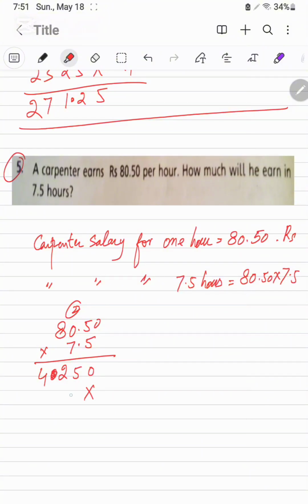Next 7, we are going to multiply. 7 zeros are 7, it will be 0, and 7 fives are the 35, and 3 will be carry here. 700 and 3 as it is. 7 fives are the 56. We are going to add, it will be 5, it will be 7, 3, 0 and 6.